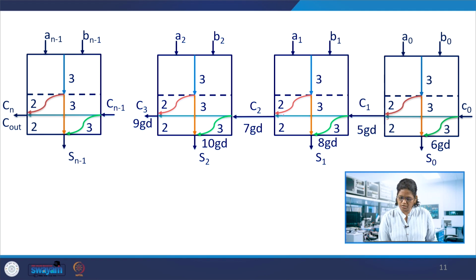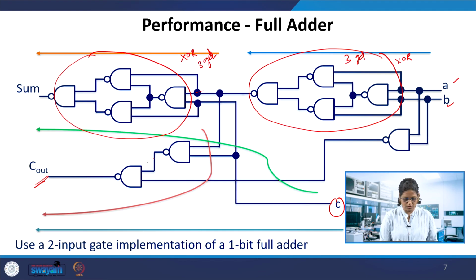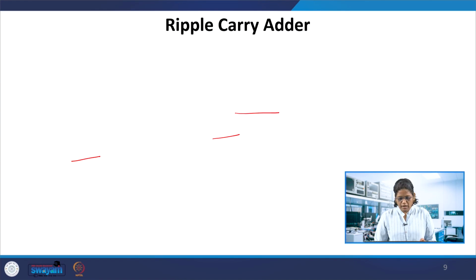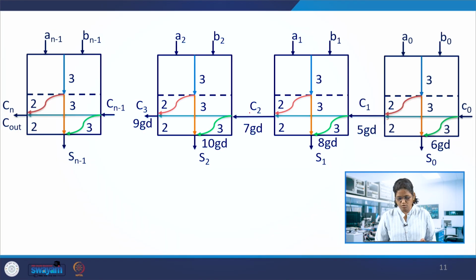So for each stage, from this carry to the next carry, if you just recall, C2 is only 2. If you have the intermediate sum, it is taking only 2 gate delays. So 5, and then this will be 7 gate delays and 9 gate delays, and so on. So each stage would be taking 2 gate delays to generate the carry. The sum is of course 6, and then 8, and another 2 for the next, the 10, and so on. So we get these gate delays 6, 8, and 10.